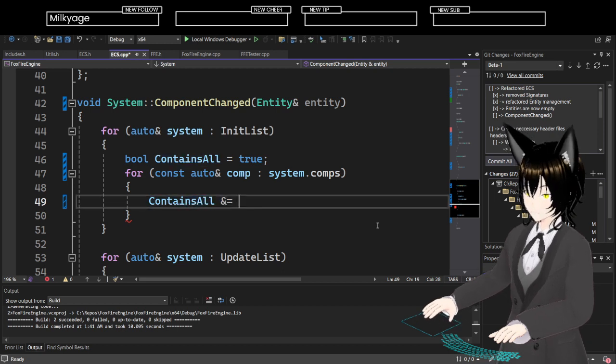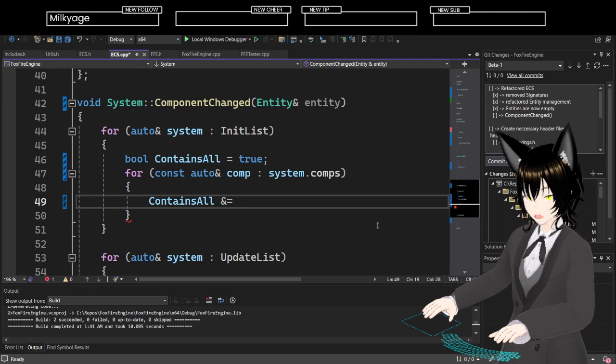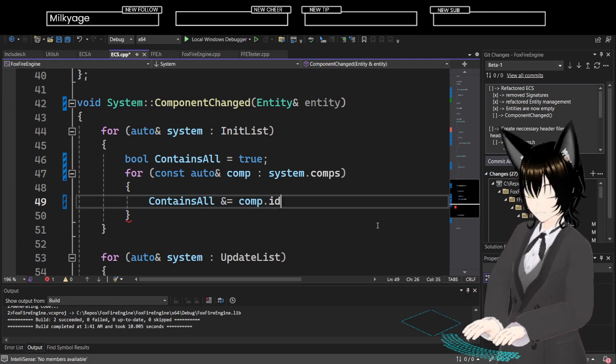So here, contains all, and equals comp.id. Wait.